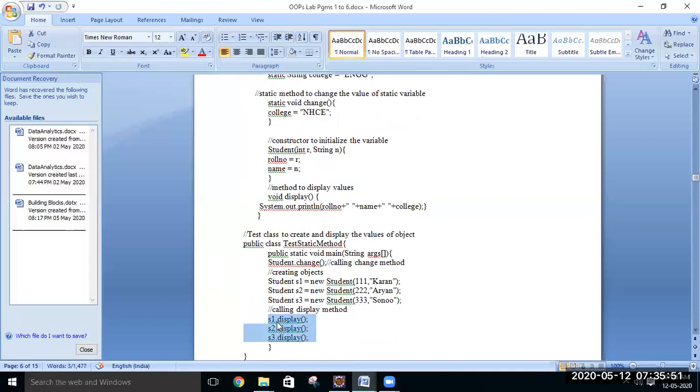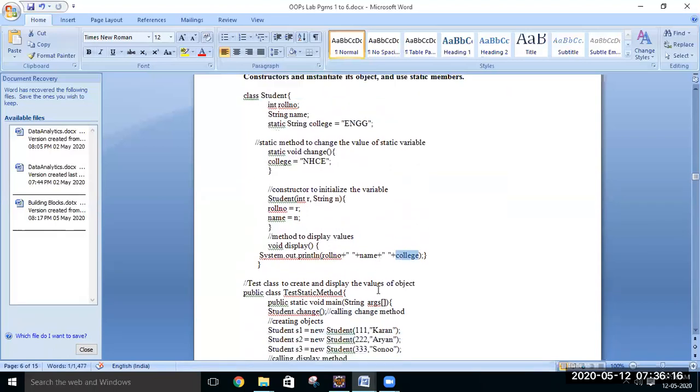S1 dot display will display the information of the first student. The college name should be NHCE; we changed it to NHCE. S2 dot display will display the information of the second student, with the college as NHCE itself. S3 dot display will display the third student's information, with the college and the corresponding USN or roll number and name.